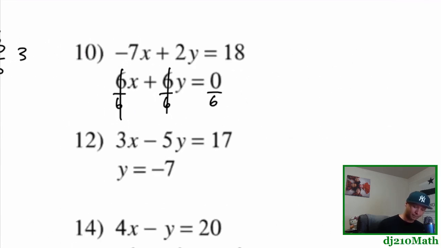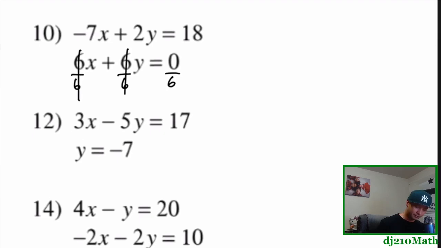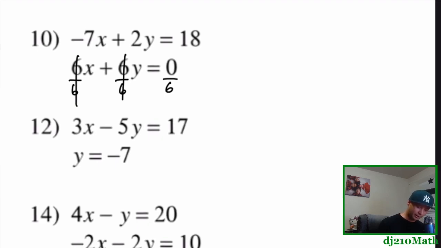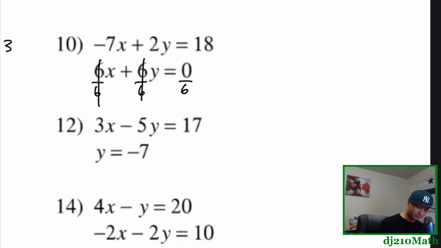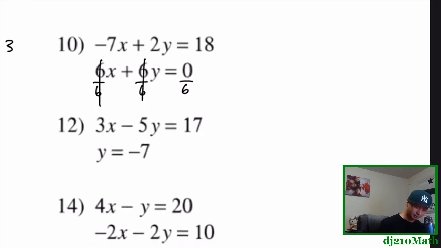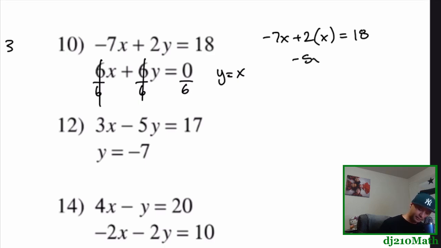All right. So here, with this train of thought, I can solve for y. y is equal to x plus 0, so y is equal to x. When I plug that in, it doesn't matter which one I plug it into, I'm going to get negative 7x plus 2x, right? Because y is equal to x. Did I have to put the parentheses? No, I did not. Equals 18. So this is going to be negative 5x